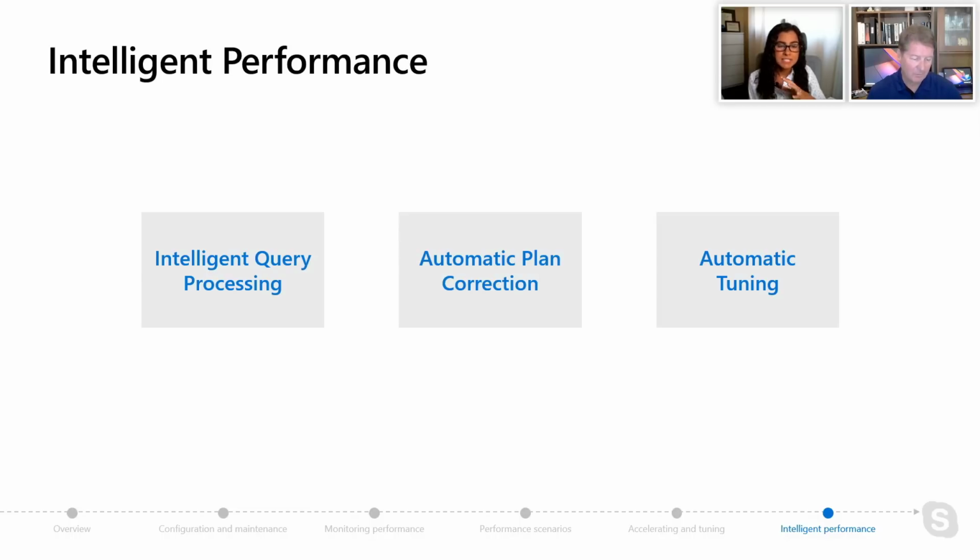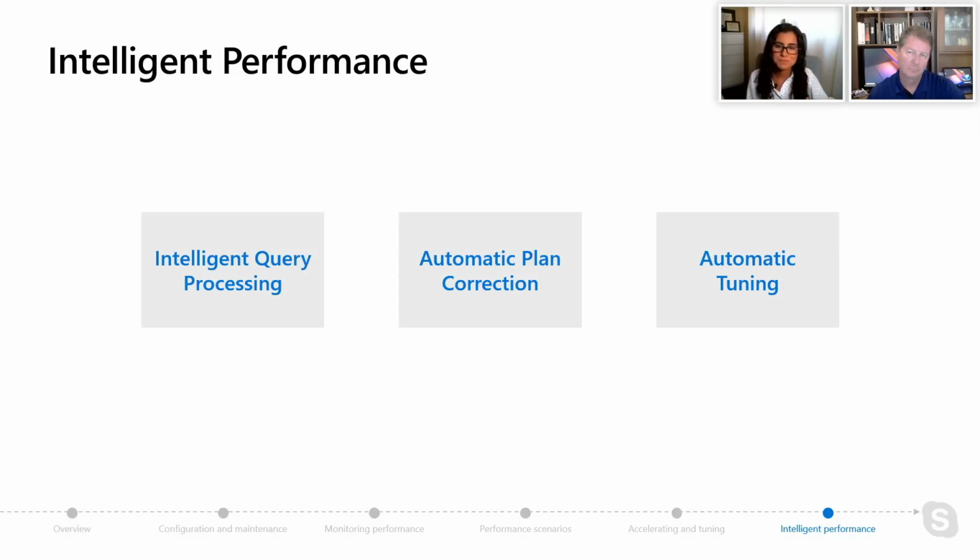Now, Anna, we have about 10 minutes left, and the last performance topic we want to talk about is related to intelligence. We talked a little bit that Azure SQL supports things that SQL Server has today, like intelligent query processing and automatic plan correction. Using the power of Azure and some of the extra access we have in Azure SQL Database, we can leverage machine learning to do some extra intelligent things. Bob, can you take us through some of the things that are in SQL Server and Azure SQL, as well as what's new?